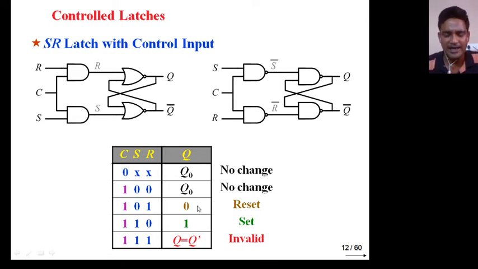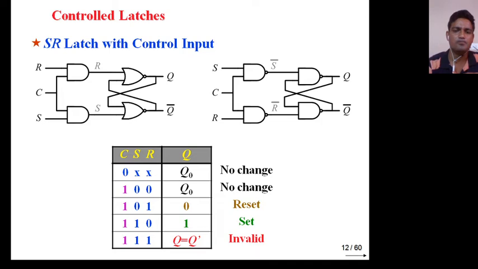Now one thing you can analyze: a flip flop is based upon edge triggering, and a latch is based upon level triggering. Level triggered means at any instant of time the output will change when the input changes. But in case of a flip flop, the output changes at a discrete interval when the input changes. So you have to remember this, and we will take this SR flip flop as a reference. Next we will see